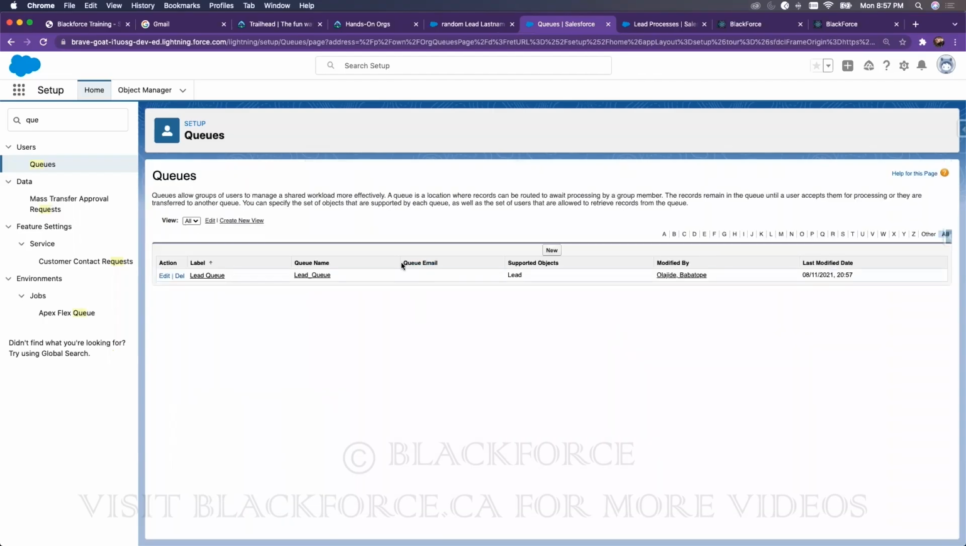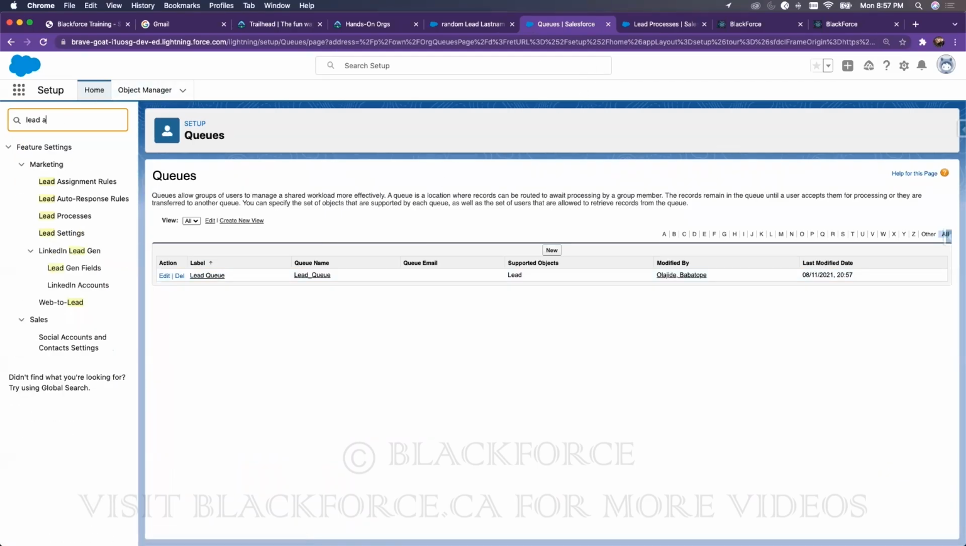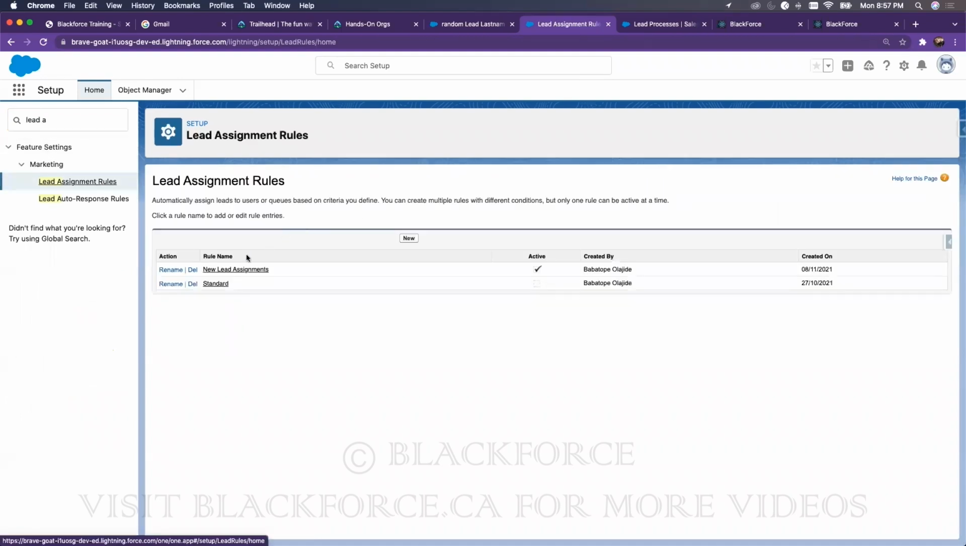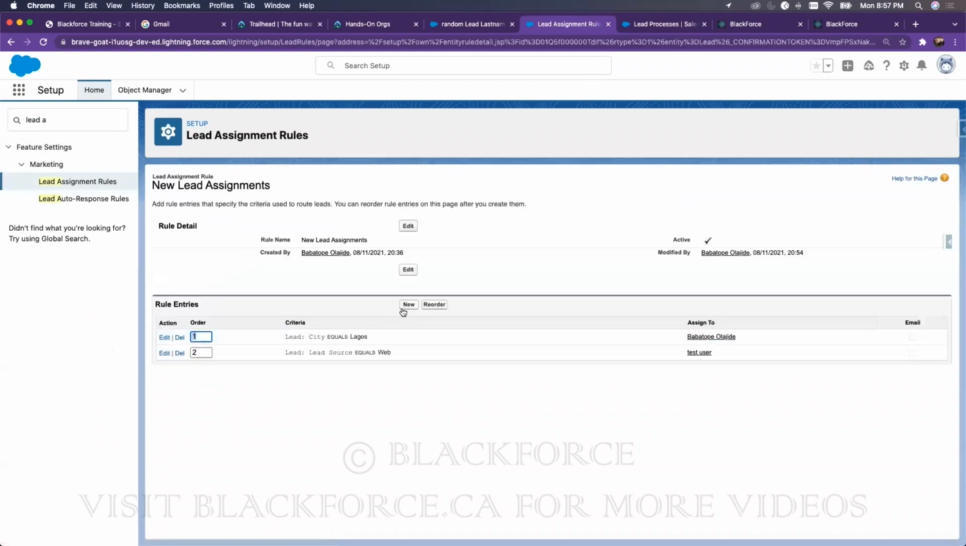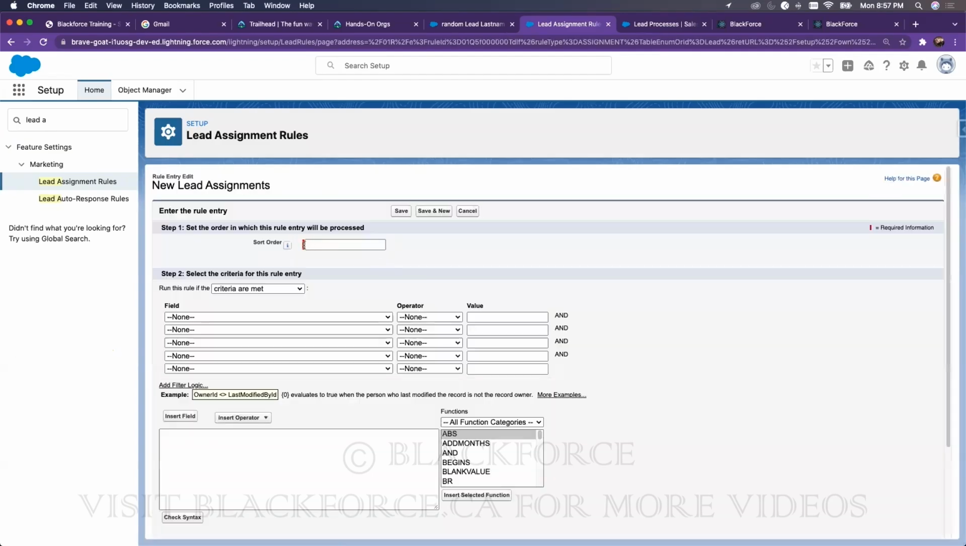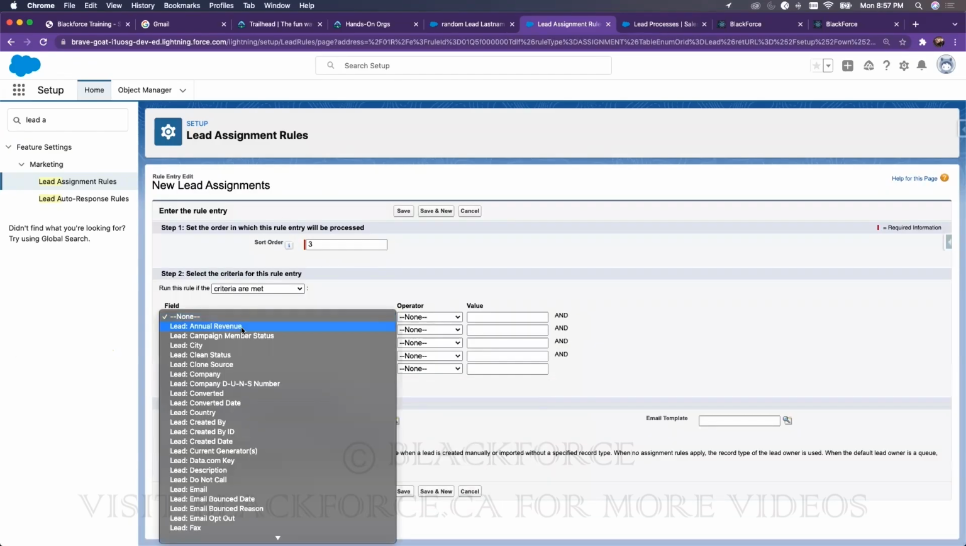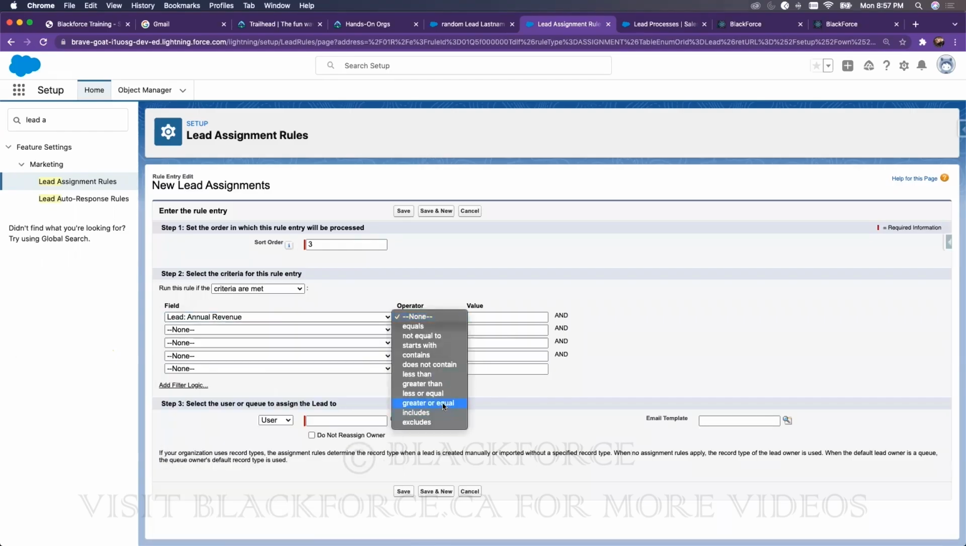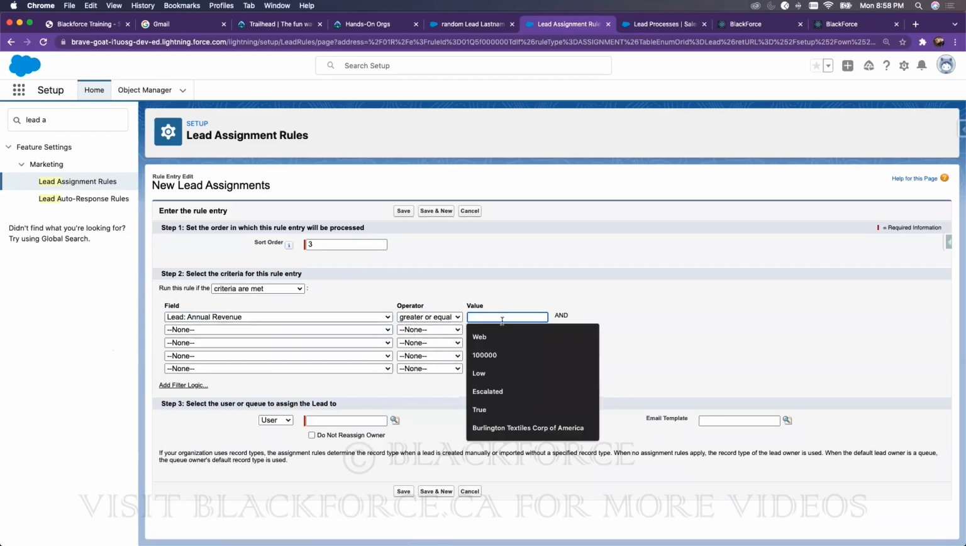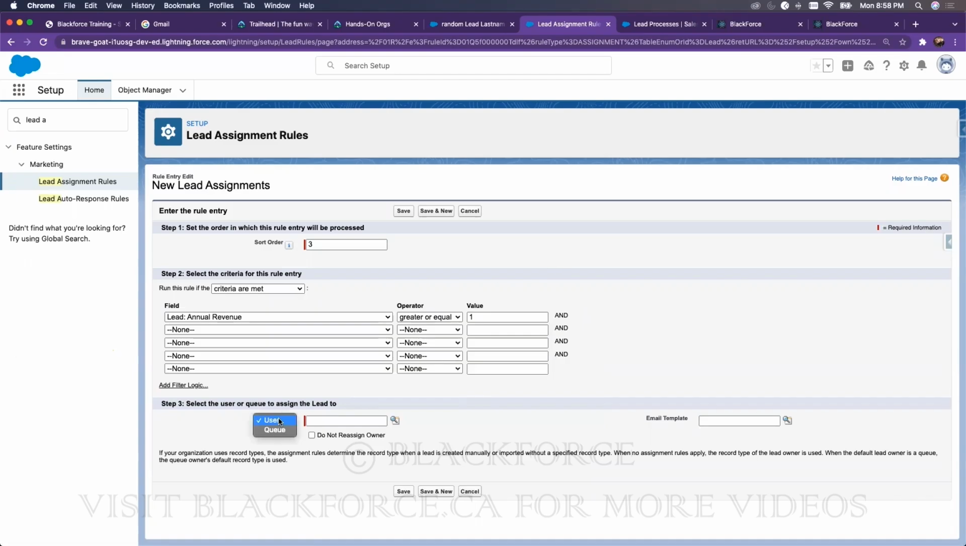After I save, I have a lead queue. Now, if I go back to my lead assignments, assignment rules, new lead assignment, I want to create a new criteria, and I'm going to say 3, okay? If the annual revenue is greater than or equal to 1, assign it to a queue, not user, queue. Then